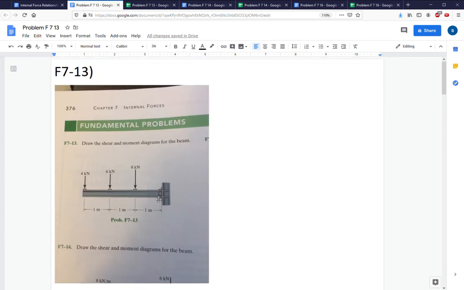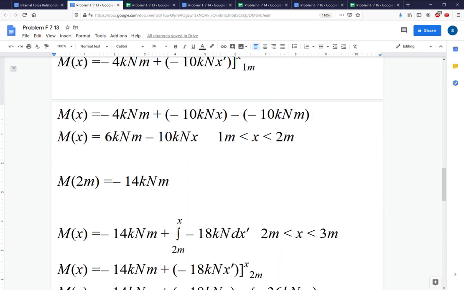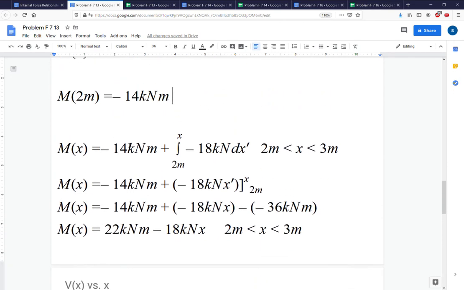To solve for this next part of the beam, we need to know the internal moment that it starts at. So we plug in 2 meters into this function. 6 minus 10 times 2 is -14 kilonewton meters. So the moment in the third segment of the beam starts at -14 kilonewton meters, plus the integral from its starting point of 2 meters to the variable x